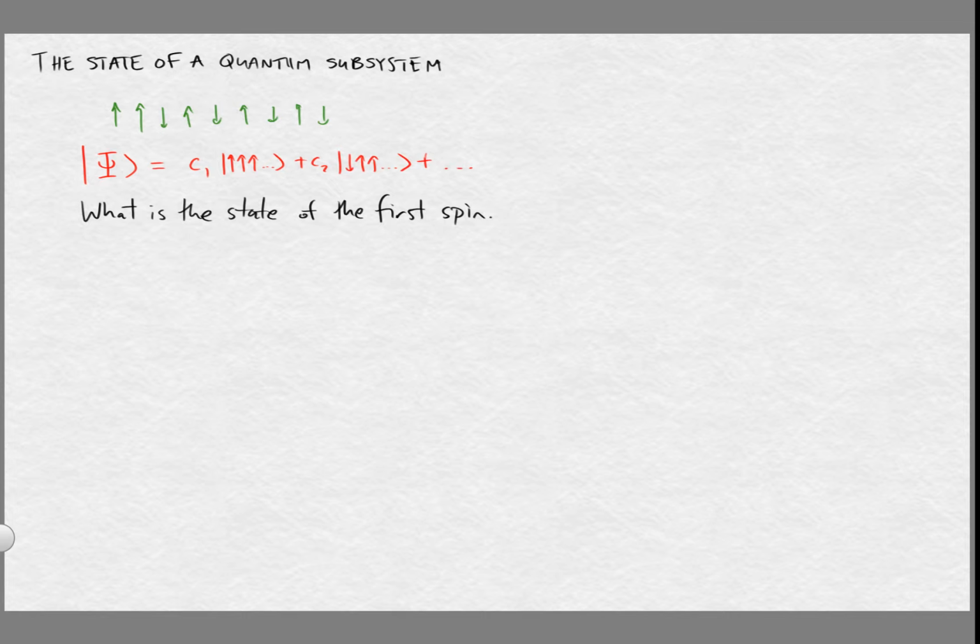If we have a state where the first spin is not entangled with the rest of the system, that means that we can write the full state as a tensor product, or as a product of some state of the first spin, which in general would be written like that, and some other state of the rest of the system. And then it would be easy because the state of the first spin is clearly this state right there. But in a situation where we have entanglement,